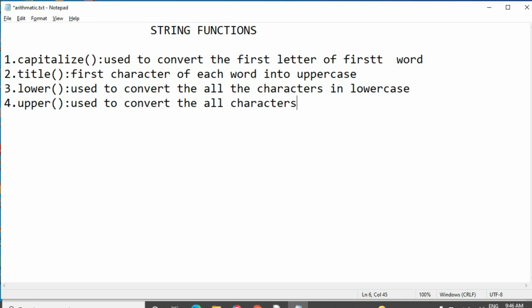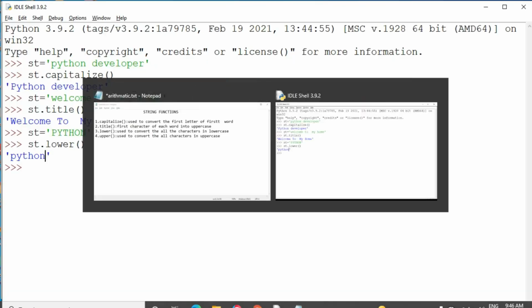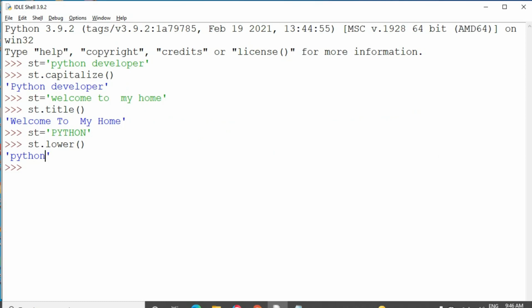I am taking the string as "programming", and I am applying the upper function, st.upper().